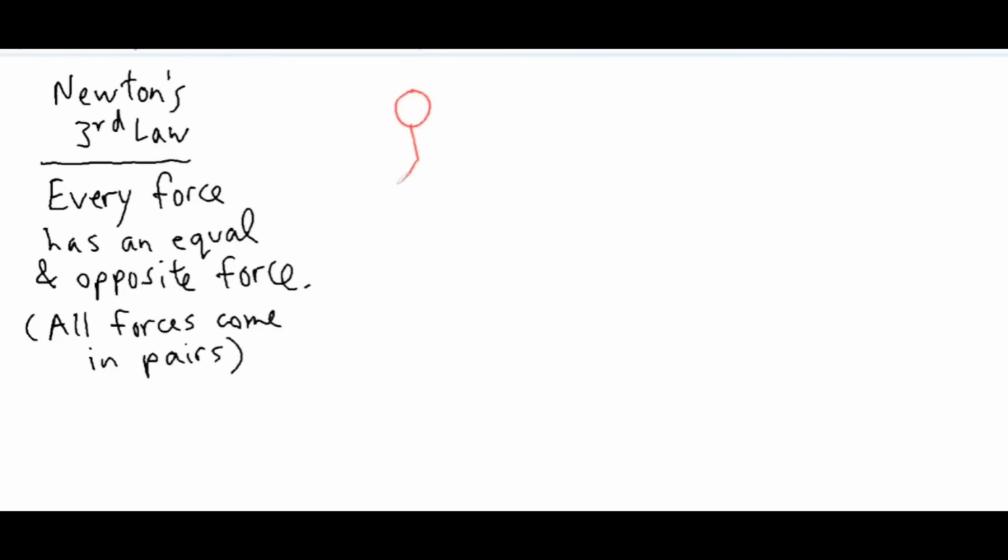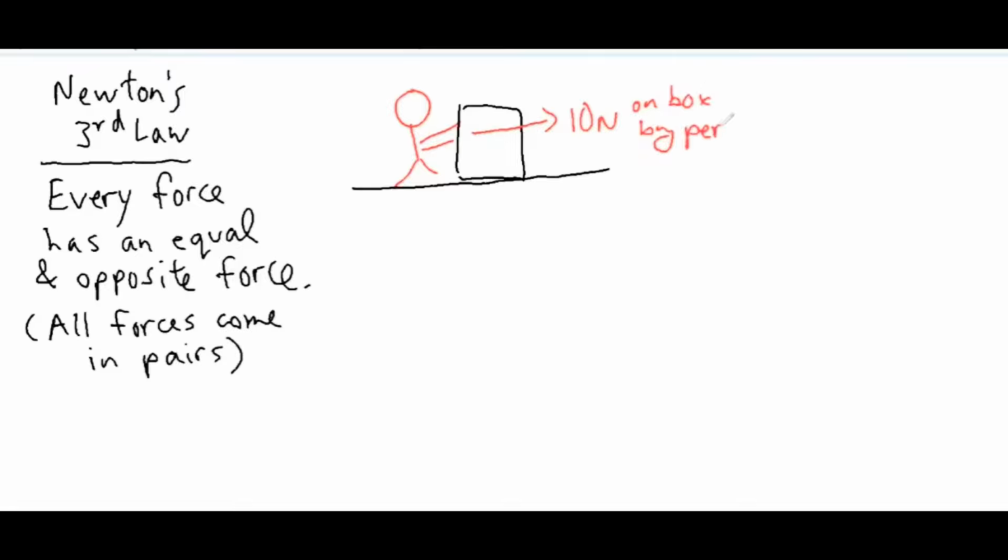So if a person is pushing on an object, we'll say like they're pushing on a big box or a crate, they apply a certain amount of force, and we'll say maybe they're applying 10 newtons of force this way on the box by the person. There is for sure an equal and opposite force in every single case. The box is then pushing back on the person with 10 newtons of force in the exact opposite direction, and this is on the person